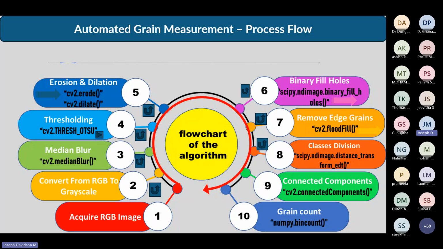So let us go to the problem that I said I will show you. This is the one that we use in the publications. What we do actually: there is an RGB image, okay? And that RGB image, we convert into grayscale. Grayscale will have an intensity ranging from 20 to 255 in the gray itself. Then as I told you, we will be using the blurring technique. I have explained why blurring is needed in the previous part.